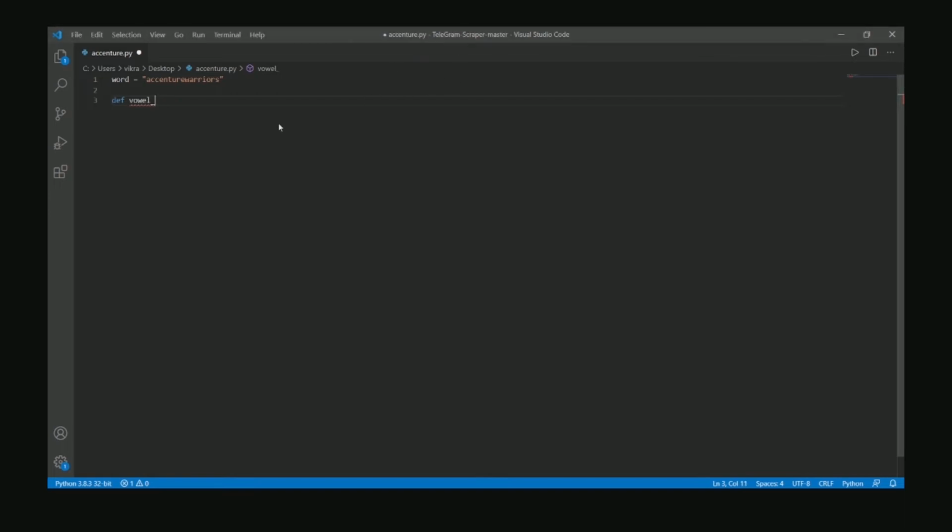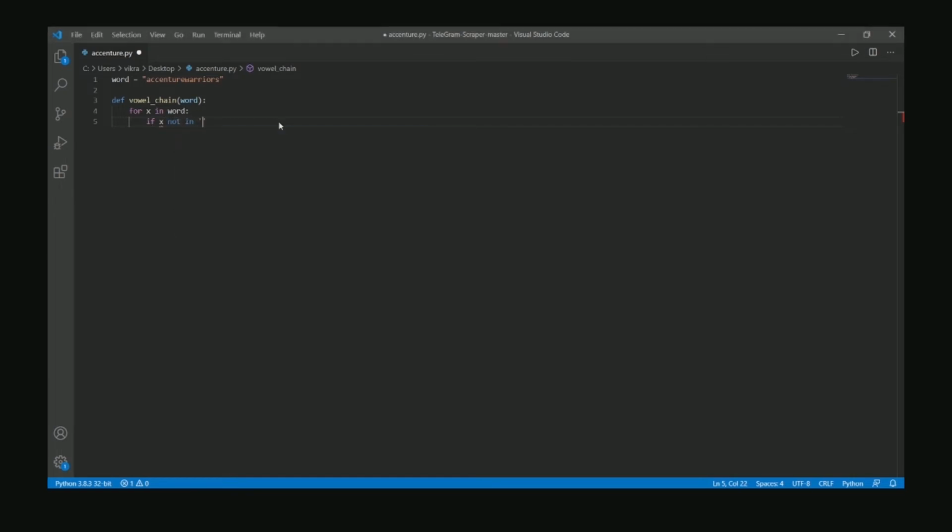Vowel chain. Yeah, so vowel chain is the function name, and I'm going to pass this word in this function. So first I need a loop to go through each character of the word. So I'm using for x in word. Now x is each character iterator in the word. Now I'm going to check if that x variable is a consonant or a vowel. Sorry, vowel. So if x